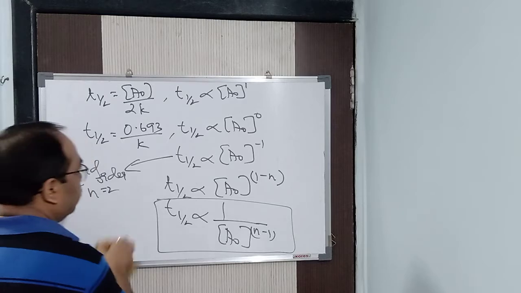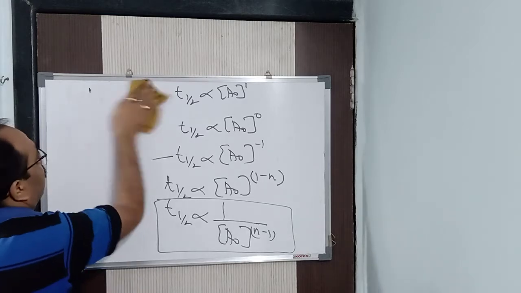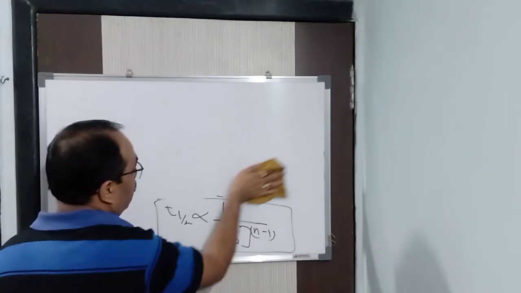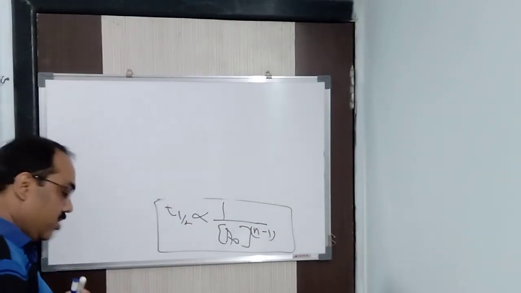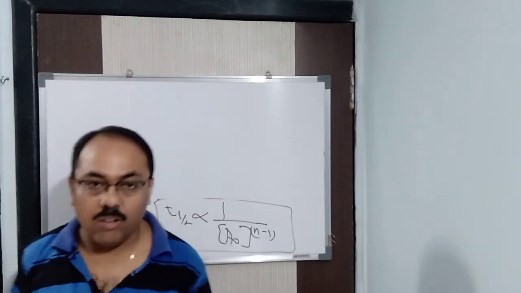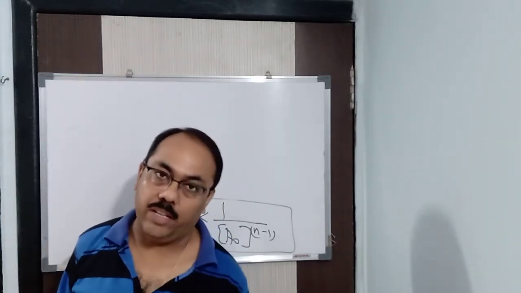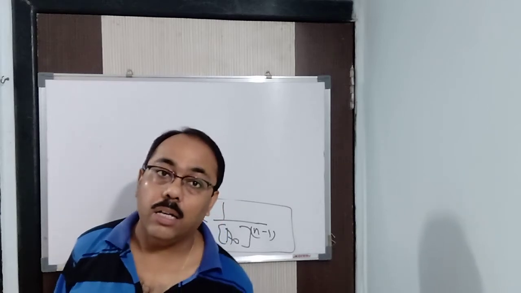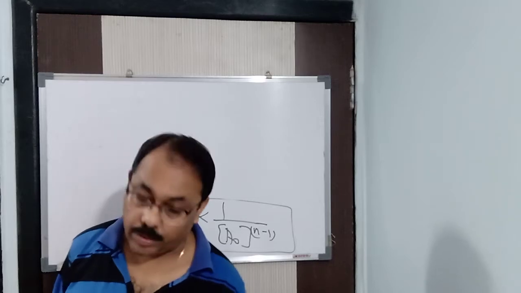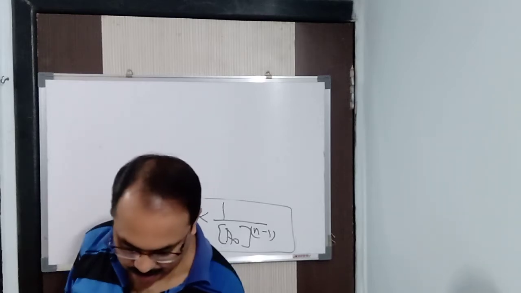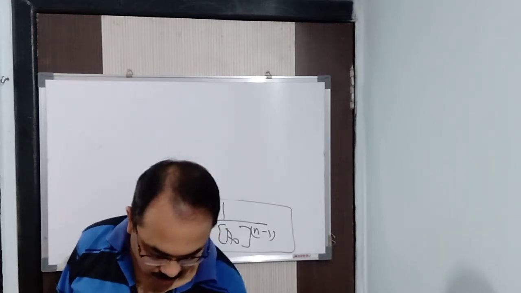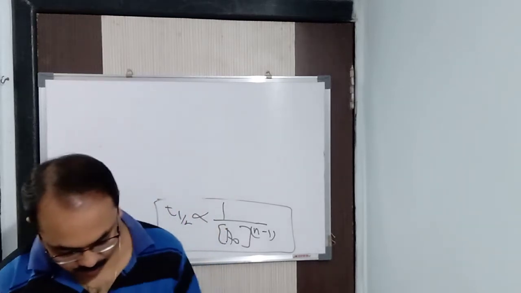Now, fine. With this, we will find another formula. So, what did we get? For zero order reaction, this is the value of T half. For first order reaction, this is the value of T half. For second order reaction, this will be the value of T half. Now, with this formula, we will find out a relationship, suppose when two reactants are being given, that is A1, A2. How to find the formula for it? Clear?